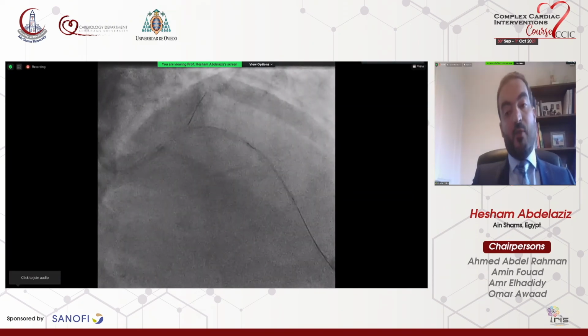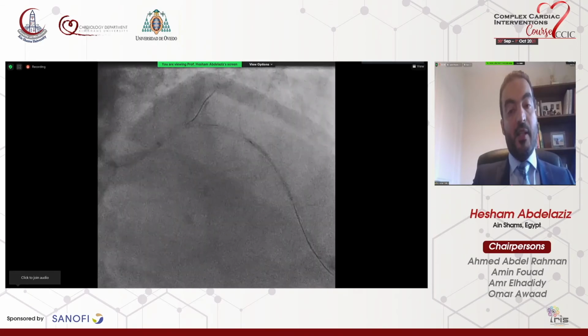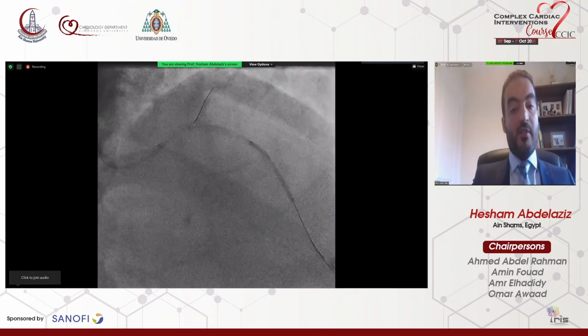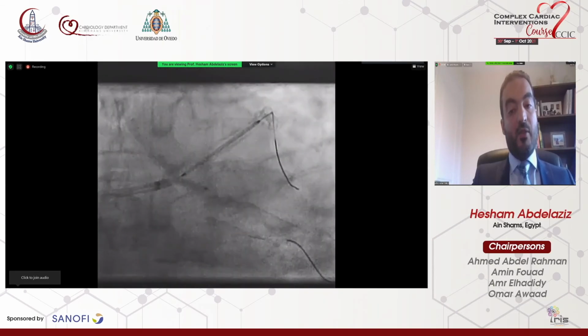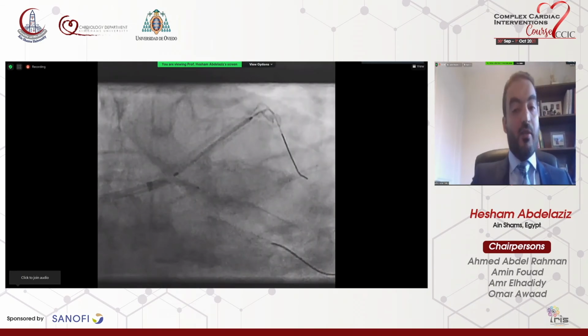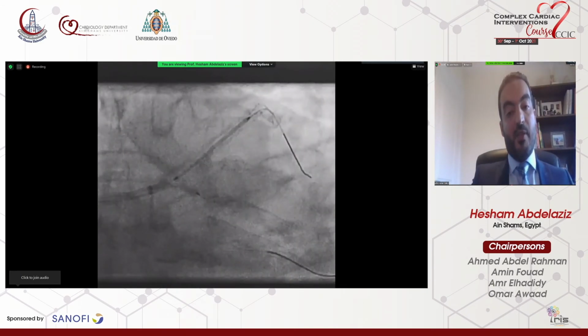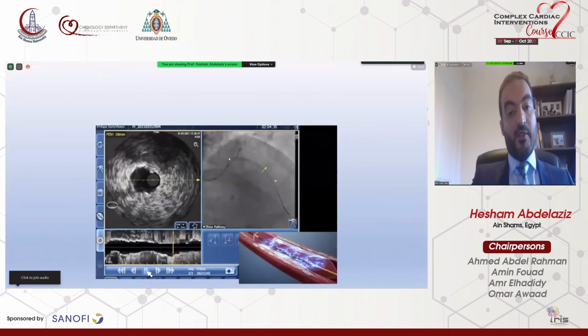We were quite happy to proceed now for the stenting. We used two overlapping stents in the LAD, and this stent here was landing near the ostium of the LAD. And in order to nail down the ostium of the LAD, we used a guarding balloon from the left main into the circ. This is the final images